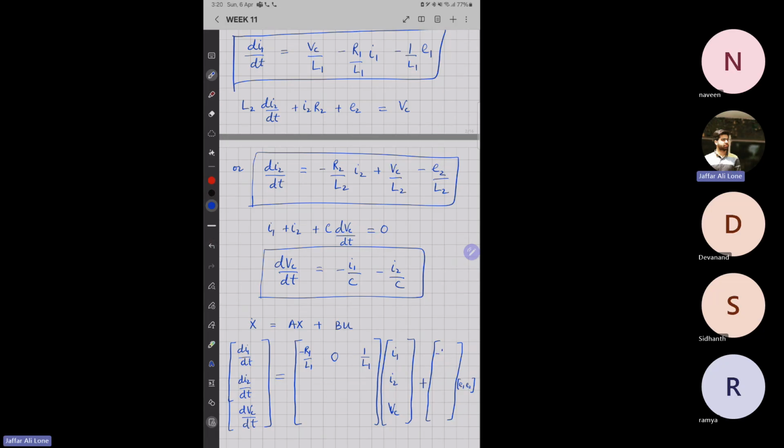So minus 1 over L1, and there is no term for E2, so I will write 0. Now let's look for I2. In I2 we have, wait, yeah. So in I2